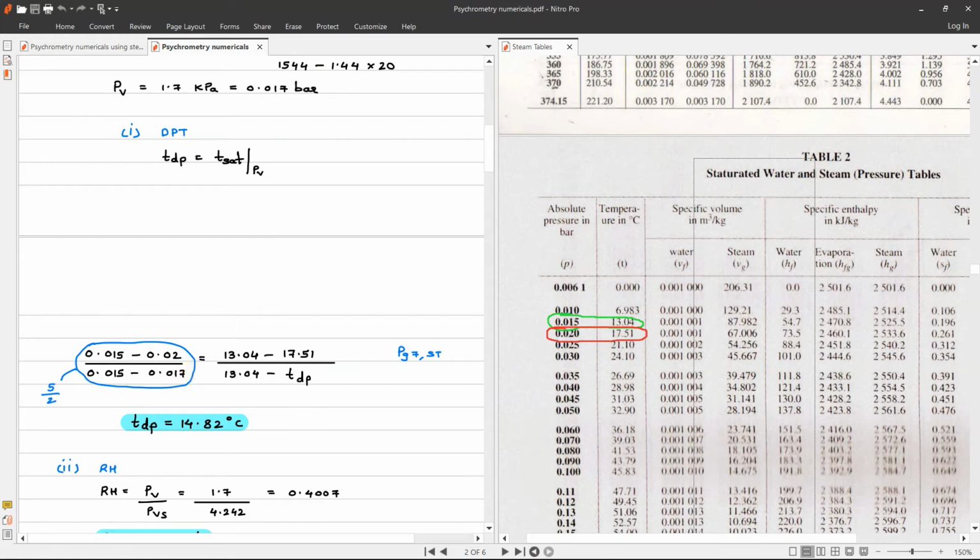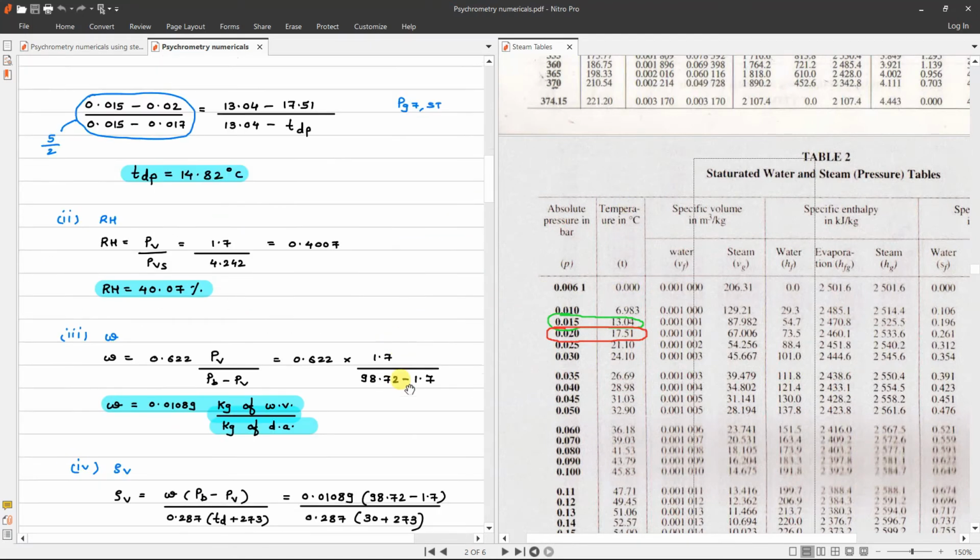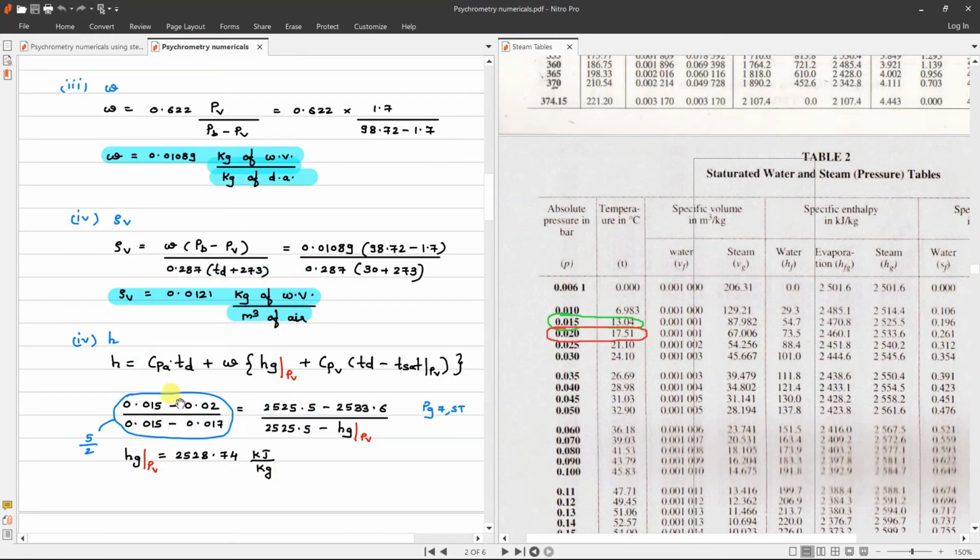But according to that, the right hand side should change. Corresponding values of temperature or whatever pressure is there, you have to write. So be careful when you are doing interpolation. When I am keeping the left hand side the same, corresponding values you have to write on the right hand side.